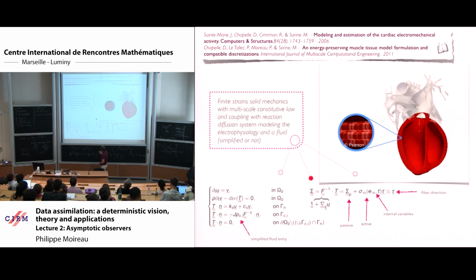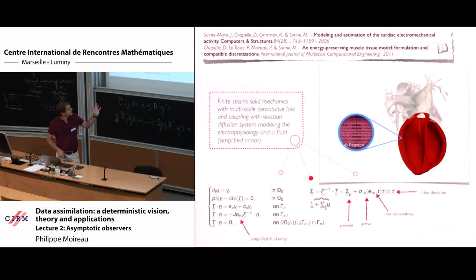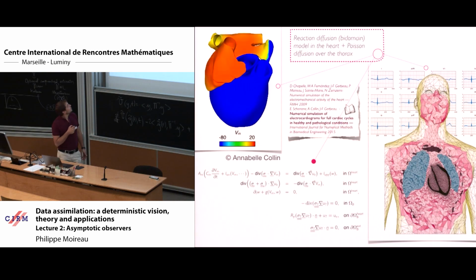So we built quite a complete nonlinear model to represent the contraction of the muscle from an input, which is the electrical activation. So basically nonlinear elasticity. For the electrical activation,